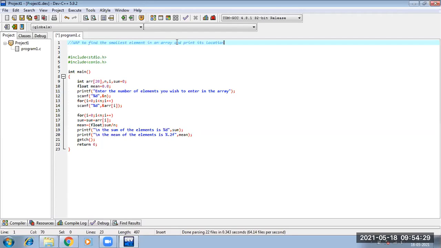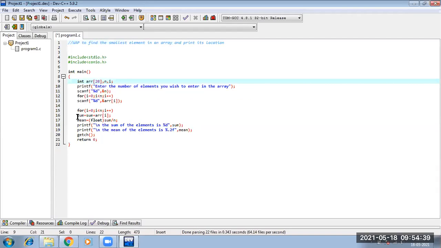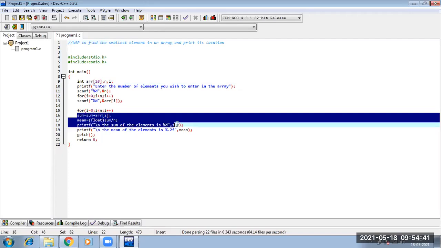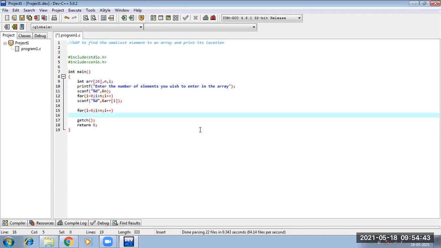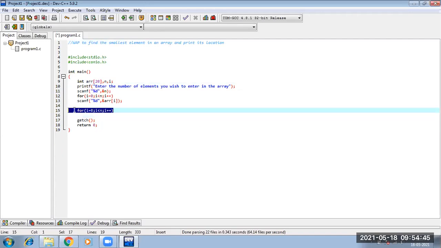First, these variables won't be needed anymore in my program, right? This logic won't be needed anymore. This thing also won't be needed anymore.